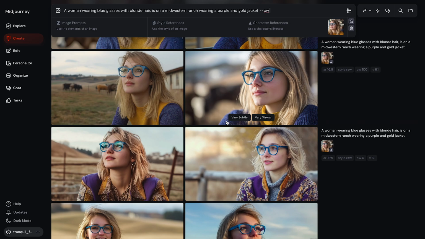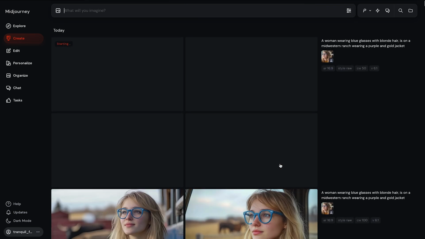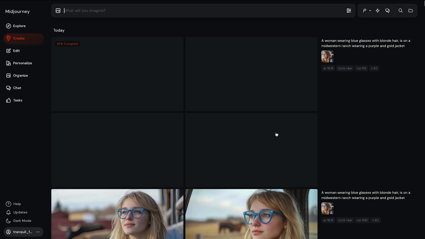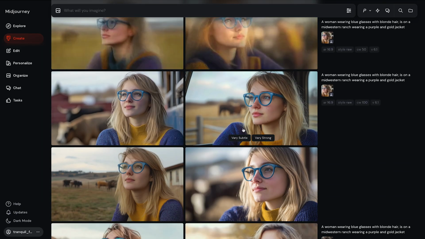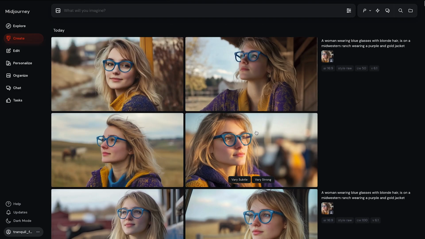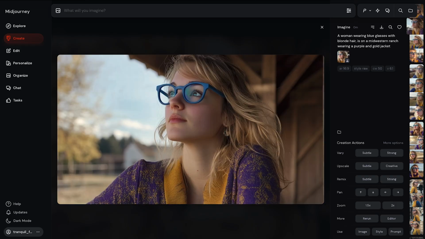Okay, so let's say we put in a character weight of 50. Now, this is the midway point, right? You have 0 where Midjourney can just change everything about the character except her face. And this is where we say you cannot change anything about my character. And halfway through, we are kind of getting what we really wanted. Like, we have the girl with the blue glasses and she's wearing a purple and gold jacket,